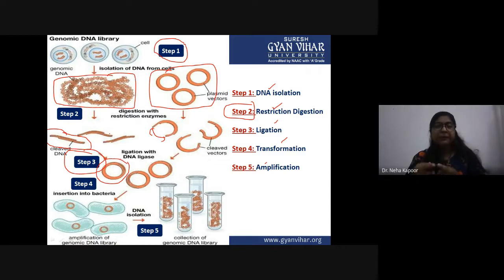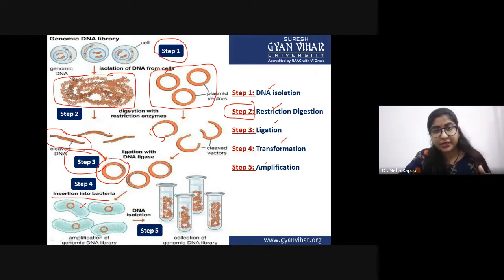because we are constructing a genomic DNA library. Next step would be transformation, that is how you are going to introduce these recombinant vector DNA molecules inside the bacteria. For that, we can use many procedures. We have discussed those methods also: chemical methods, physical methods, biological methods, microinjection, electroporation, ultrasonication, or you can use some salts also, like the calcium chloride method. So by using different methods, what is the next step? That is step 4, insertion into the bacteria. So this is a bacteria into which the recombinant vector would be inserted.